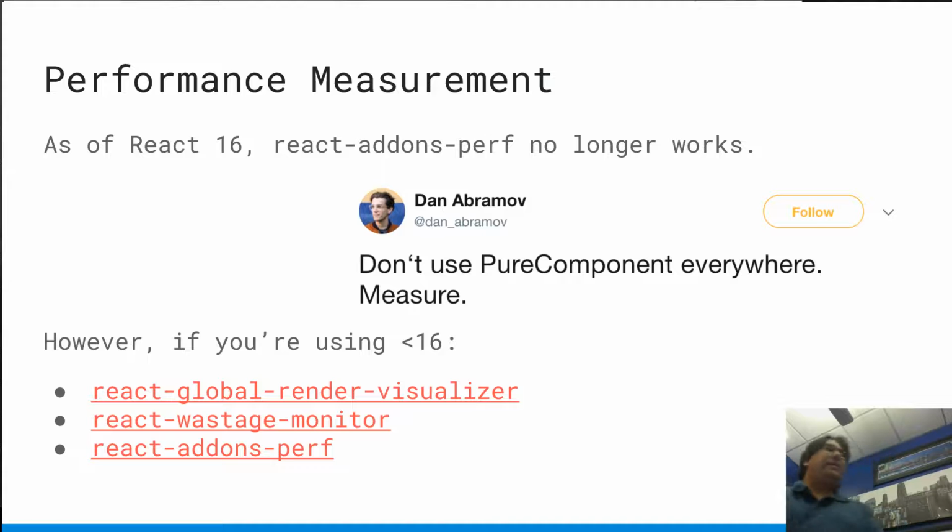But before we dive into optimization, it's really important to stress that you shouldn't go all out on optimizing things that don't need to be optimized. For example, in our application, there are several components that are pretty simple, pretty straightforward. They just pass some data into the DOM, and it'd be significantly more expensive to check those components and make sure that they shouldn't render, rather than just having them re-render every time. And that's measurable. I measured it, and make sure you do that. And you can do that in React 16